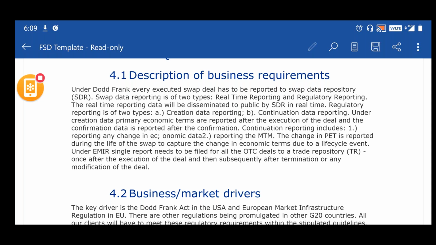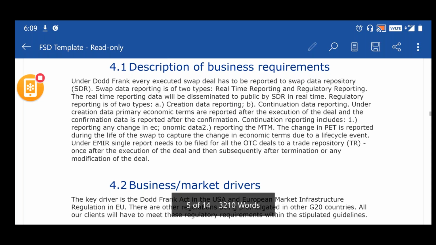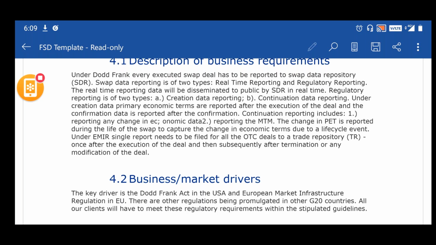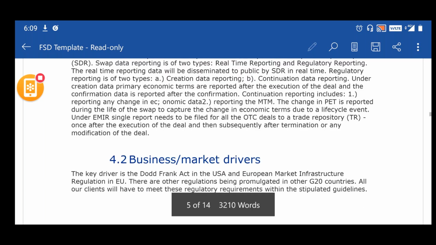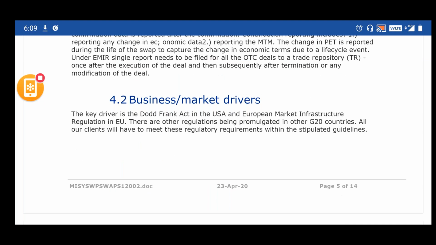Then we talk about the business or market drivers. These are kind of similar to the opportunity definition, but more than that, these are the external factors which are basically making us implement the project.